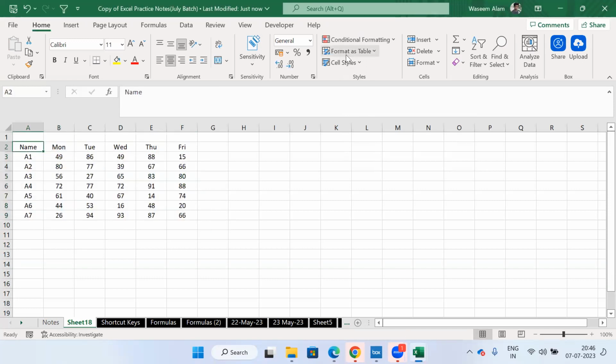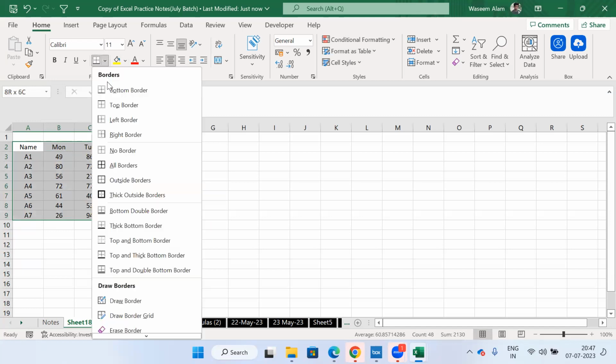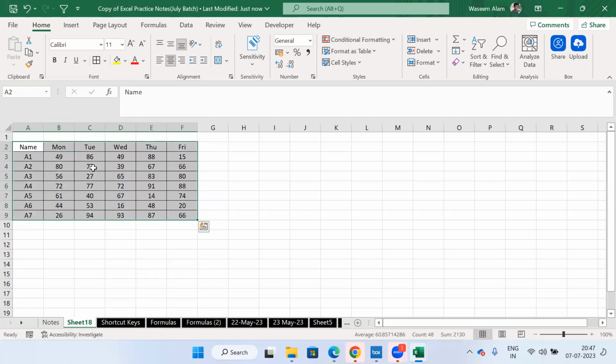Now, if you notice, we have this data. My manager is asking, can you add the border? Because there is no border in my current data. So one way is there, you can do it through mouse. If you select this data and if you click on all border,